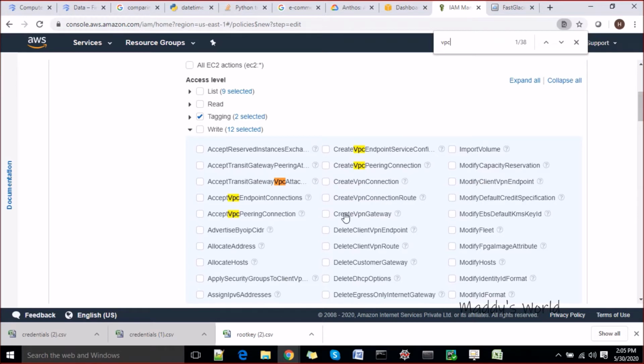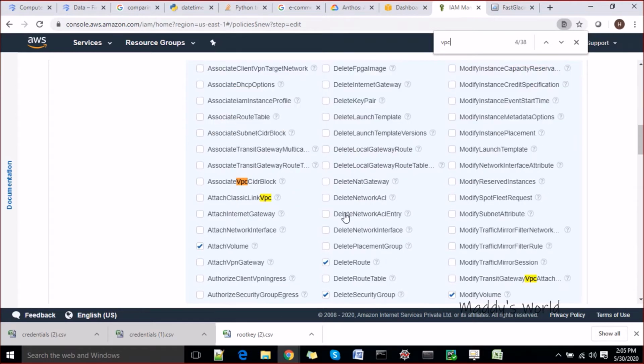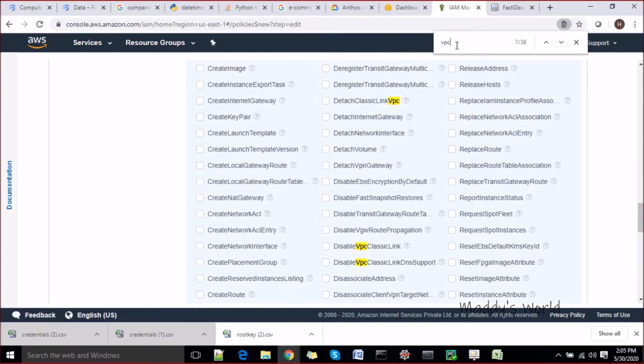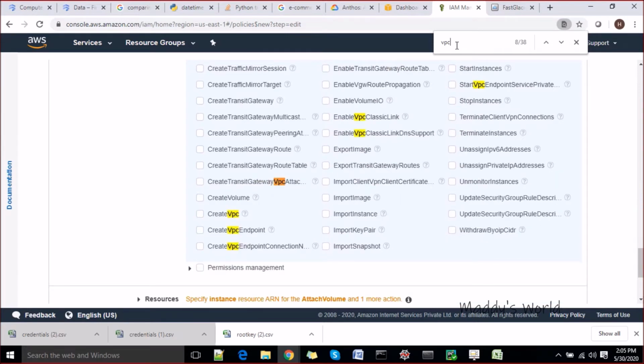Okay, accept connection, leave it now. We associate CIDR block. VPC attach, VPC delete, deregister image. Okay, VPC classic link, delete classic VPC. That's fine. Okay, let's see some for EC2 also.